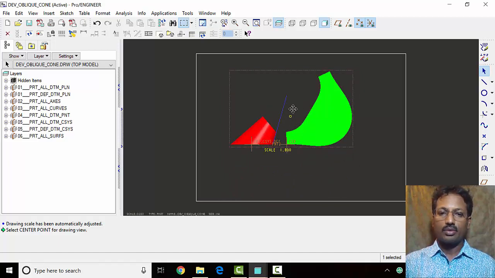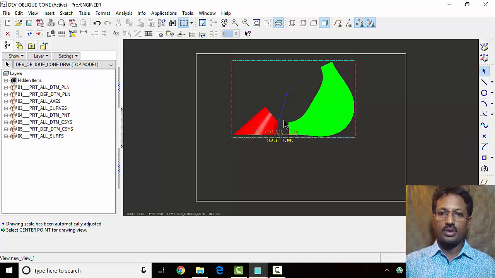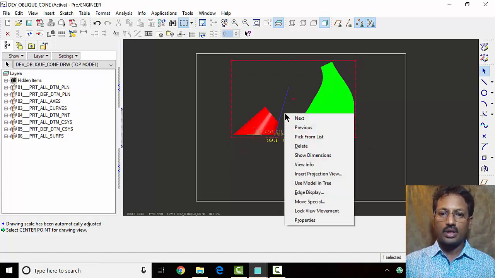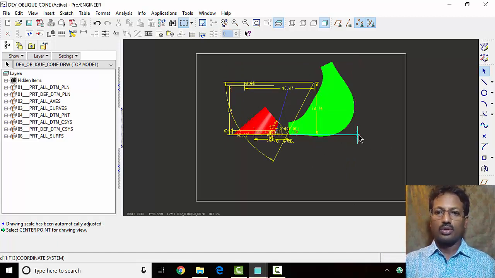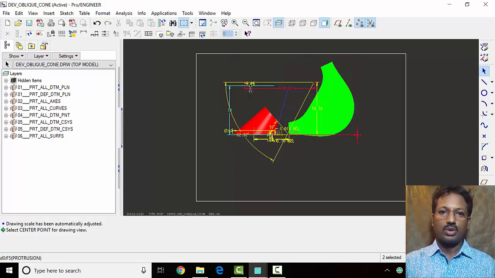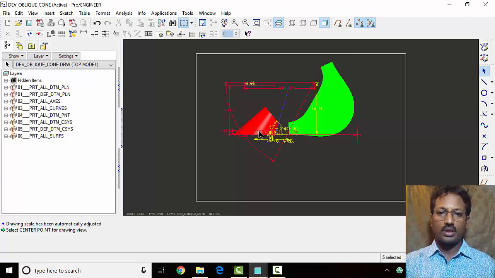As I told you, if you want to get the dimensions of this, click on this, right click and give show dimensions. You have a lot of things over here. Those things that you don't want to be shown, you can clearly erase them out. For example, the 17 height of the object, these angles. If you want to erase any of these angles, then you can right click it,